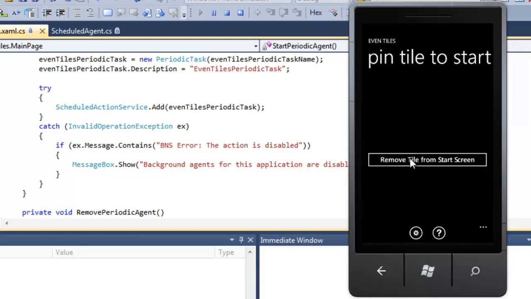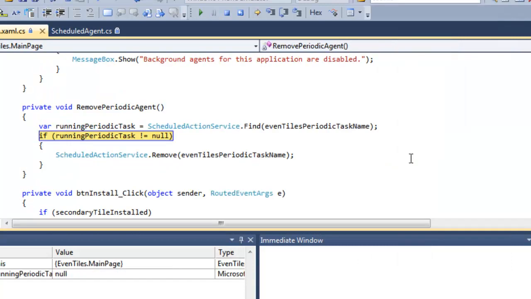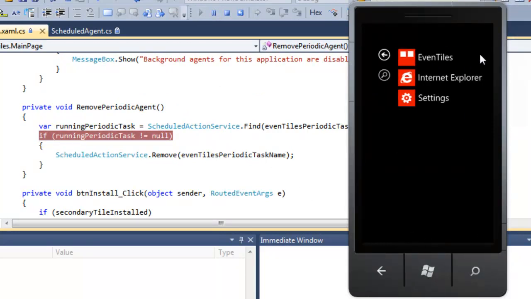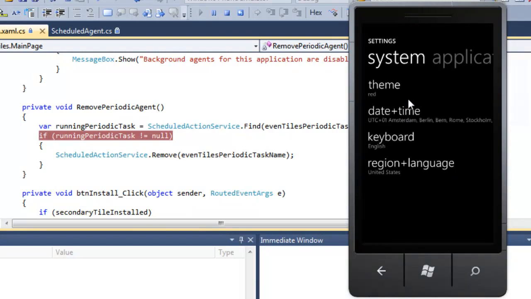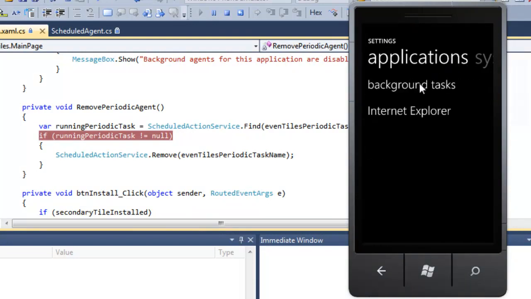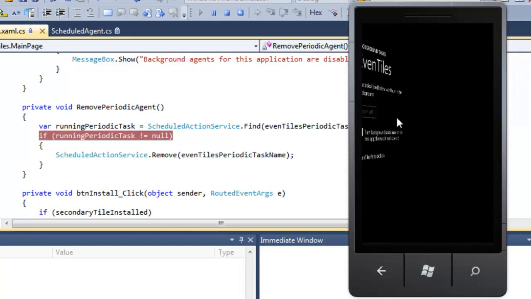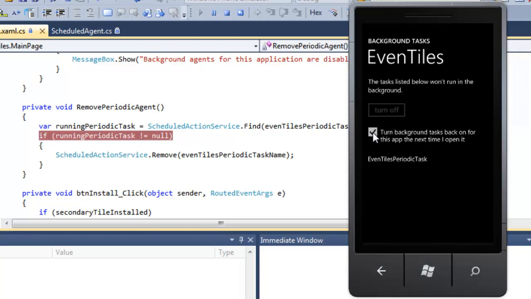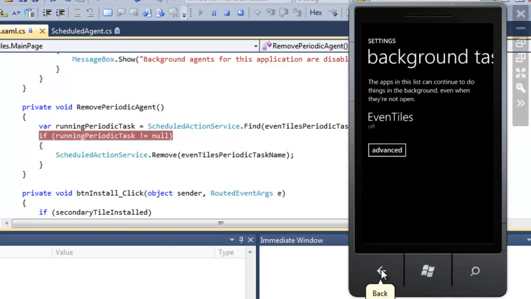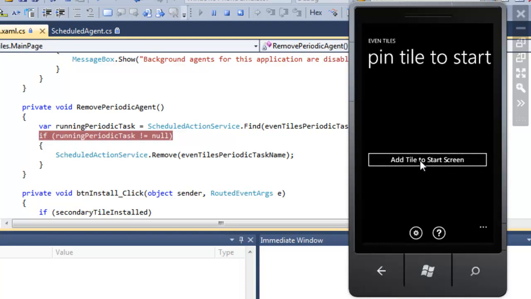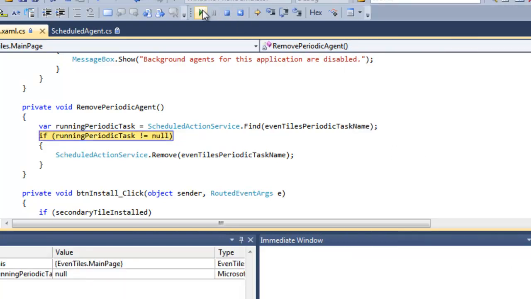If we're going to remove our secondary agent again, well then this time there, if we are single stepping, there should not be one because we did not have one available this time because the user didn't allow us to install one. So let's restore our original situation right now. So I'm going to go to our settings, applications, background tasks, to our EvenTiles. I'm going to click on that and we're going to turn on background tasks for this application. And with doing that and returning to our application, we now should be able to actually install a periodic agent